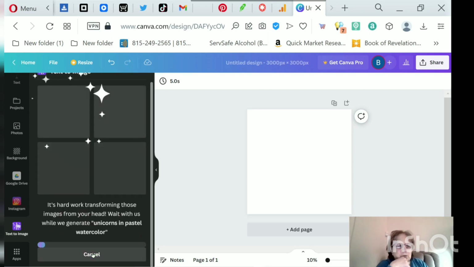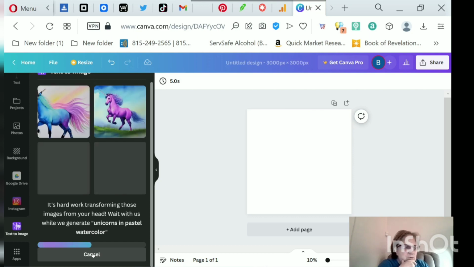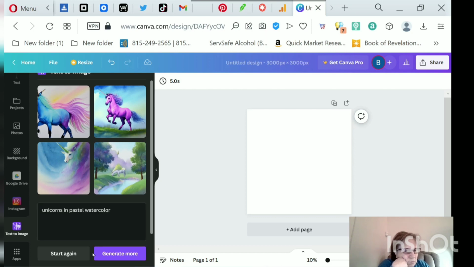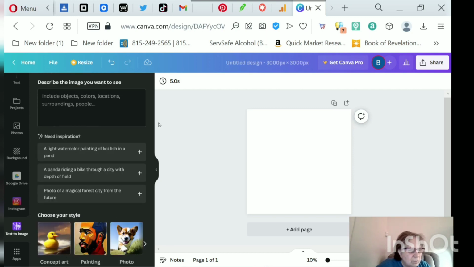I do pretty good with the watercolor. Abstract kind of stuff comes back with some interesting stuff too if you do that. Oh, these are pretty. Wow. It's not quite as impressive as the ones I did before though. Try it again. Unicorn